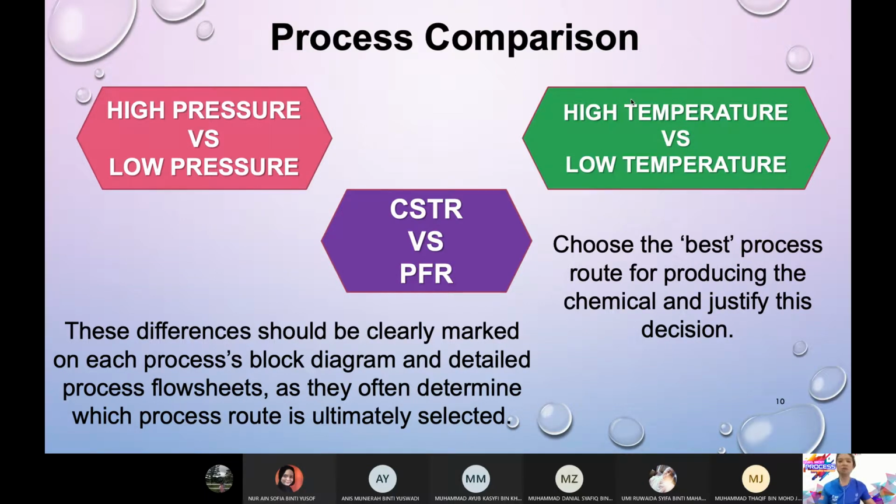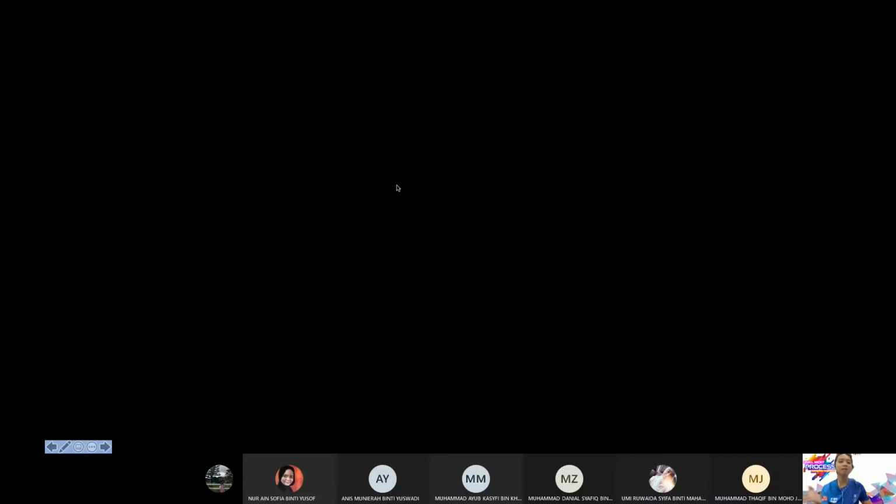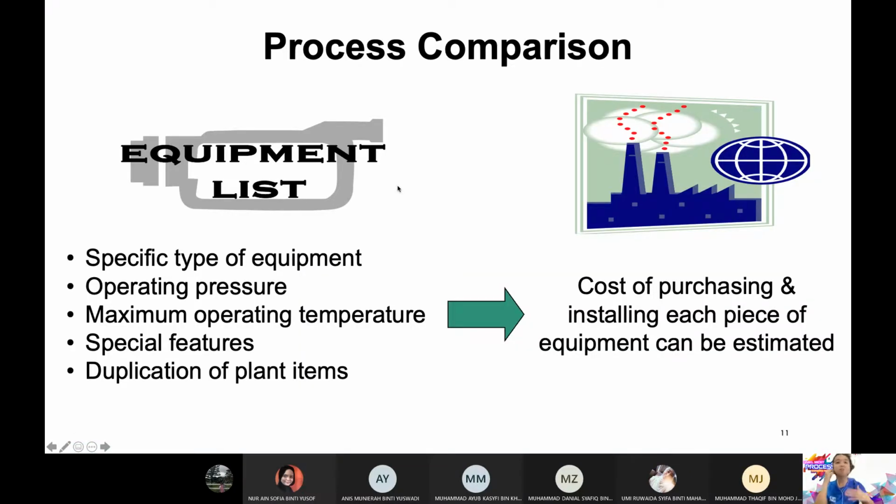There's also a consideration. Okay, but again I tell you, dalam design project 1 tak ada salah atau betul. Kalau kamu nak pilih high temperature, saya takkan kata dia salah. As long as you have reason, contohnya saya guna high temperature sebab saya dapat conversion yang tinggi. Done, you can accept. You put that in your report, you already get the marks. Okay, so sebab tu design senang sikit. Tulis je. As long as you got reason, dah diterima, tak ada salah betul dalam design. Yang salah hanya kalau kamu tak buat report tu.